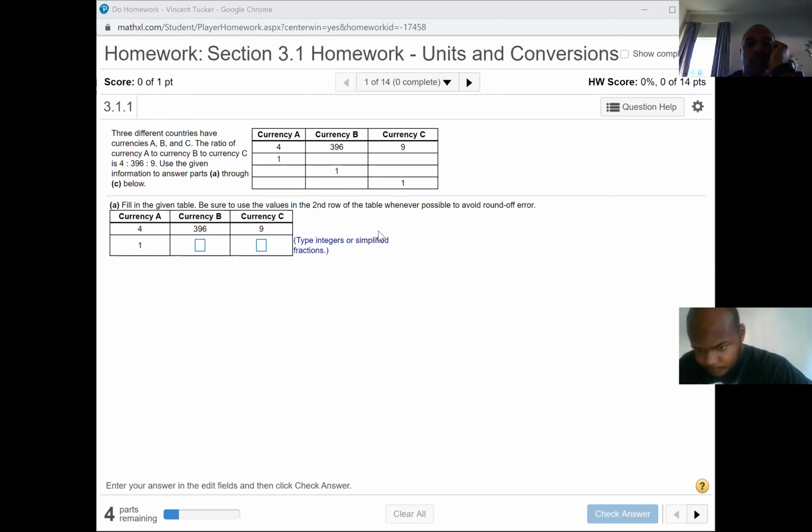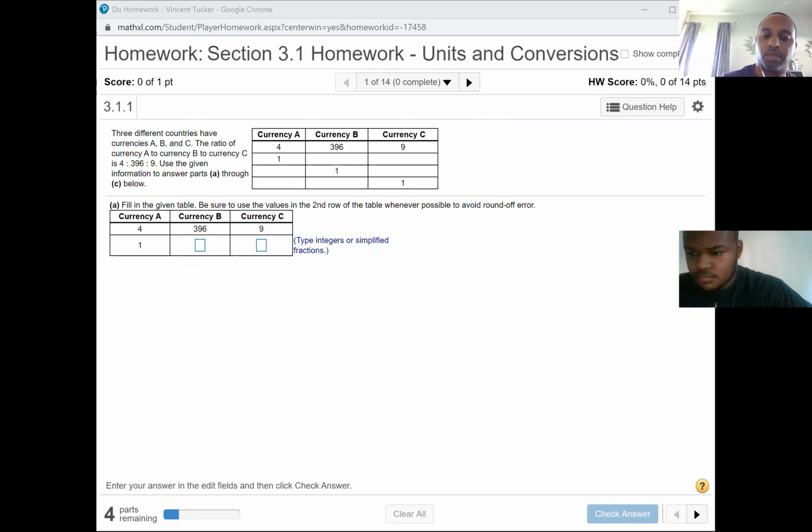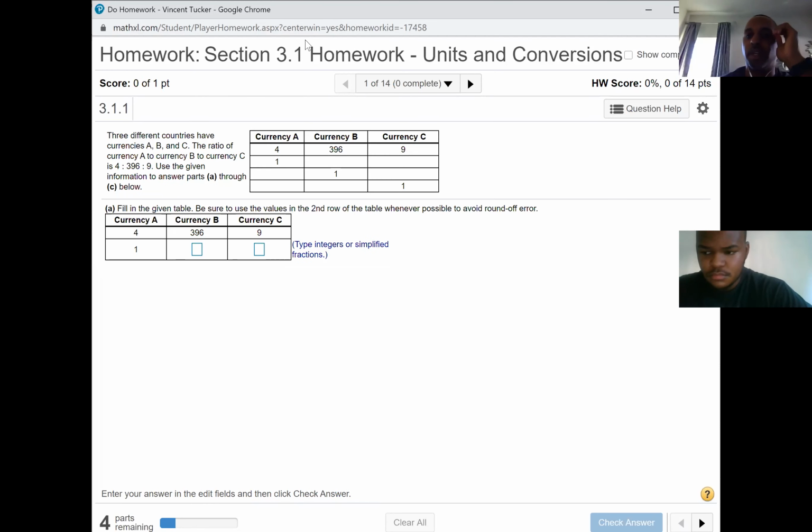All right, so let's look at 3-1. Units and conversions. As a matter of fact, let me go to my note sheet. All right, so we're looking at units and conversions, and we have 3 different countries that have currencies A, B, and